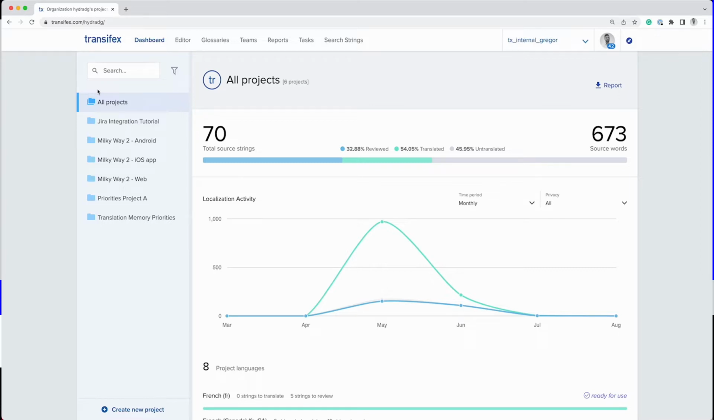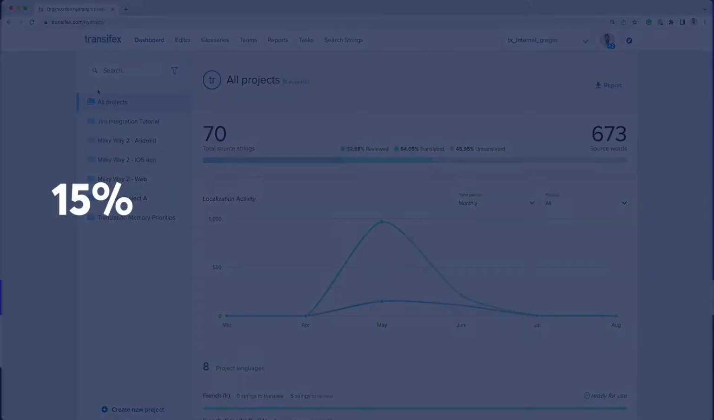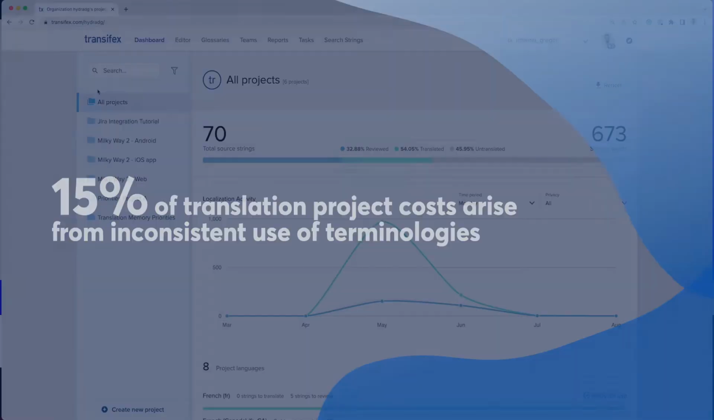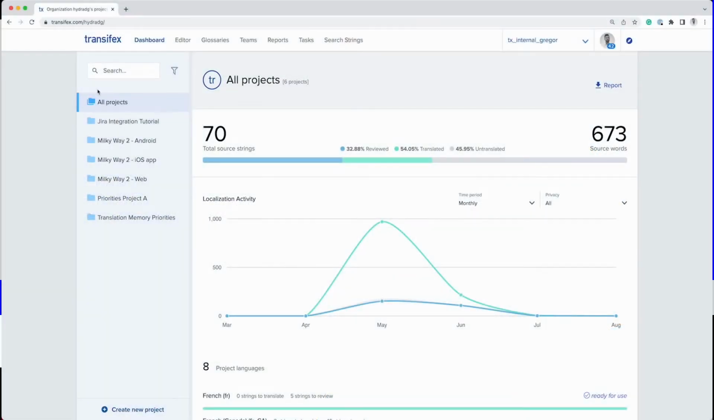Now, by industry estimates, almost 15% of translation project costs arise from rework and inconsistent use of terminologies. By creating and maintaining a comprehensive and well-structured glossary, you can ensure that your product or brand is correctly represented in all languages. Now we're going to log in to our dashboard and click on Glossaries in the top